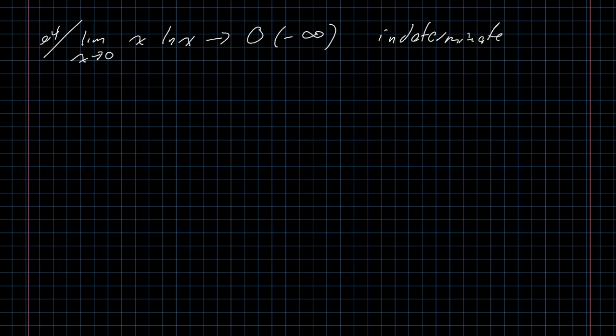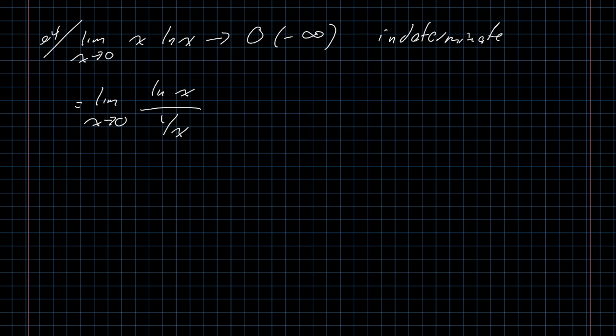But if we have an indeterminate form, we can use L'Hopital's rule. But how? We don't have a fraction. How do we make this look like a fraction so that we can use L'Hopital's rule? A common option is to rewrite this as natural log of x over 1 over x. And you can test at this point, this is going to give you the infinity over infinity indeterminate form,